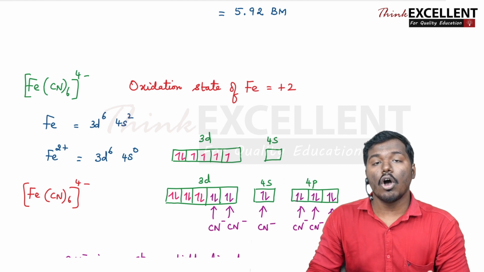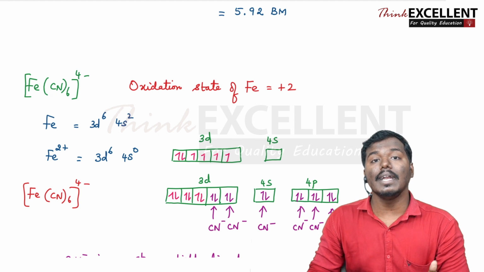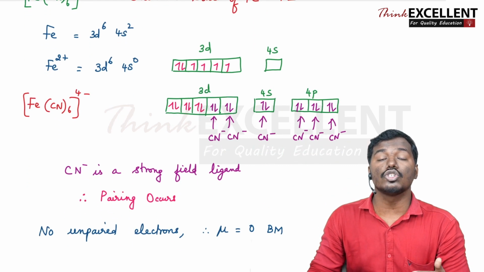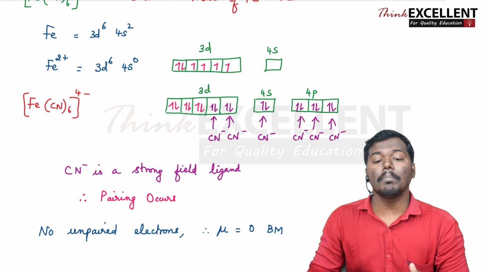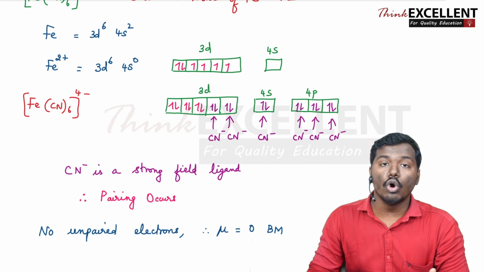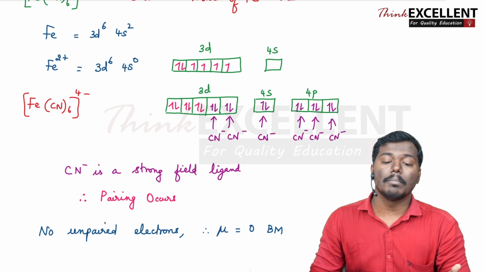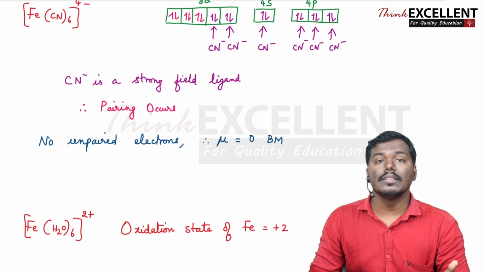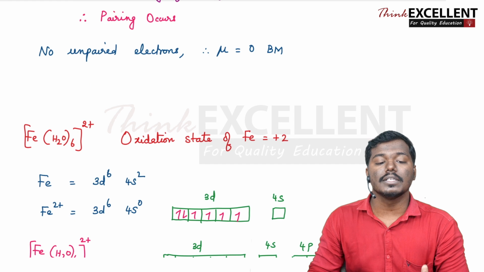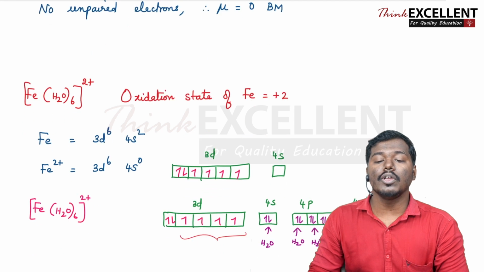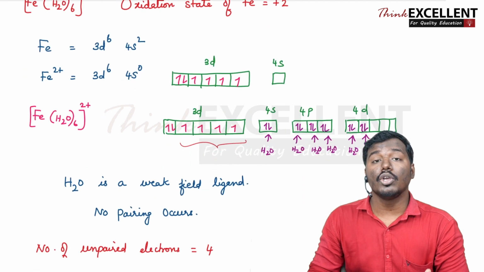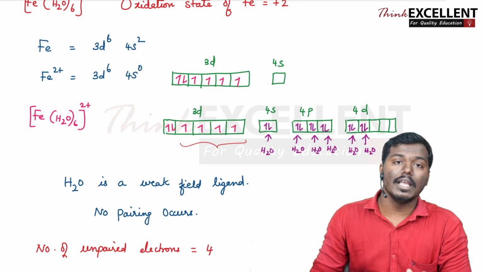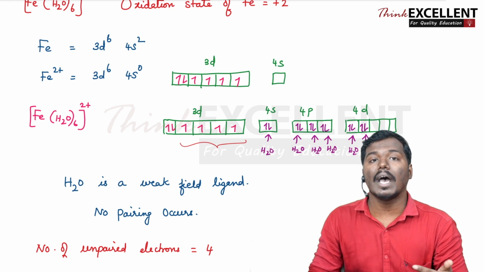And when you take the third one what they given the complex ion, that is FeCN6 4-. So idhula oxidation state of ion pathina plus 2. So adula parunga the cyanide ligand which is present, so it is a very strong field ligand. So then enna pannona pair up pannom so that there is no unpaired electrons present, so the magnetic moment it is 0. And the last complex ion kuduthirukanga, that is FeH2O 6 times 2 plus. So idhula oxidation state of ion pathina it is plus 2, where you can see that in this complex the water it is acting as a ligand which is a weak field ligand, so the pair up pannadu.